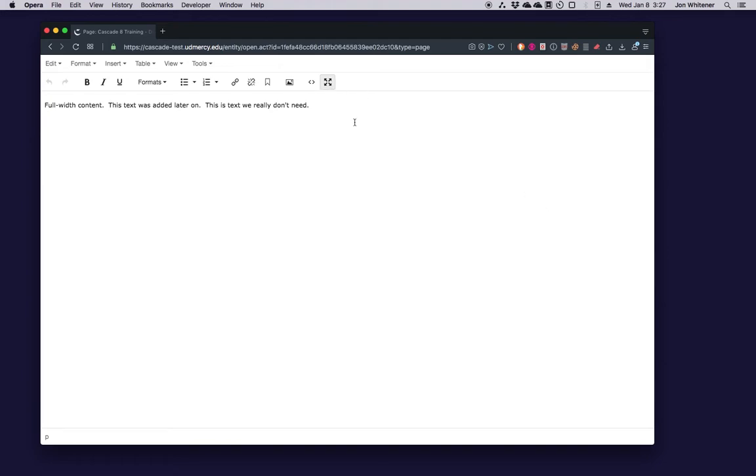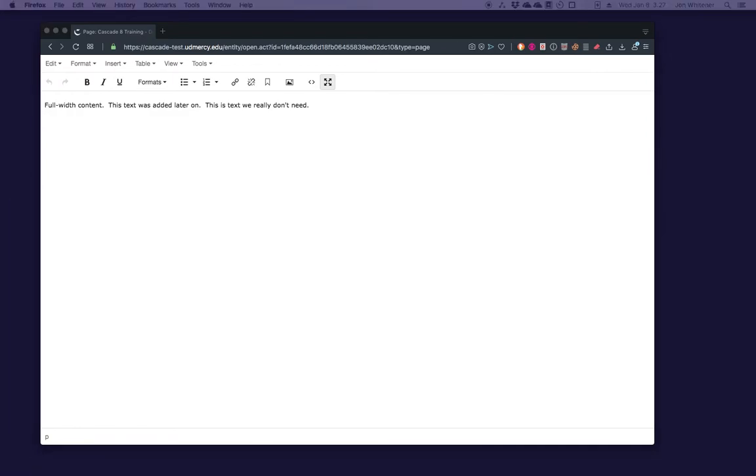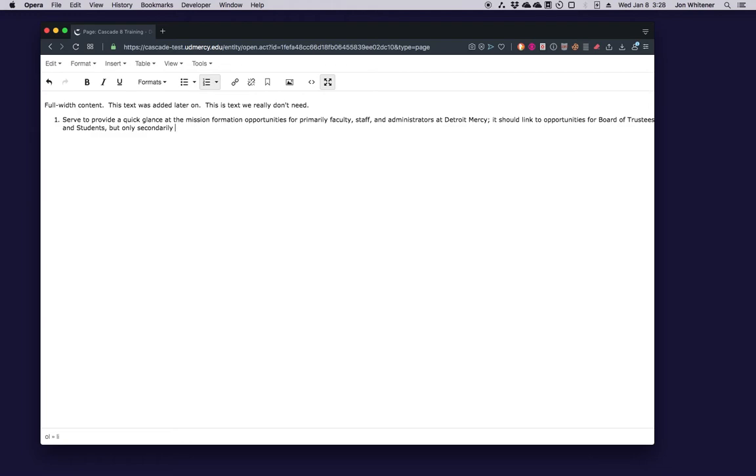So I'm going to leave it here right now, and I'm going to, off screen, go to an online document that I'm going to copy some text out of. So I've highlighted some text. You're not seeing this on screen, but I've copied some text, and now I want to paste it into here. I'm going to hit enter, and then I'm going to hit the paste function,